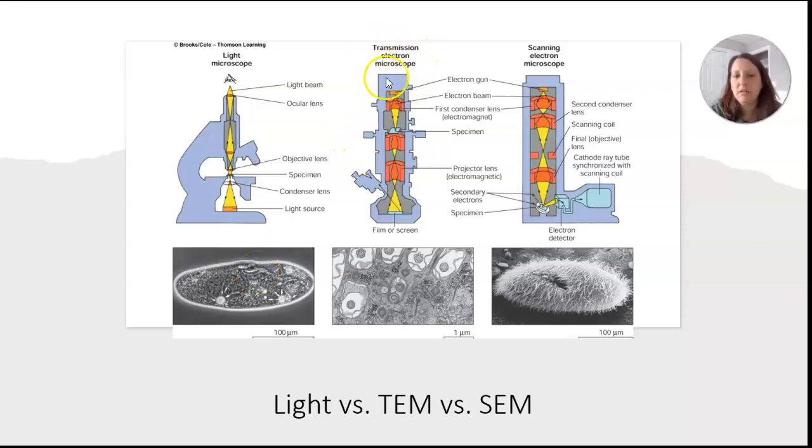With the transmission electron microscope now, look at this, this is the cytoplasm. We can see all kinds of organelles. And then this is probably my favorite picture. This is the scanning electron microscope. This is the surface of this guy. And look, it's just coated in cilia, and then you can actually see this little indentation here, which again is probably the food gullet. So you can see higher magnification, and you can see ultrastructure.